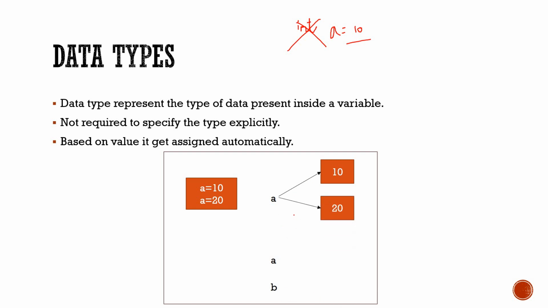Instead of creating a new value or changing the value at this place, it starts pointing towards the value 20. It creates its reference towards the value 20, which I told you earlier: in Python, variables are not containers. They are references made towards the address of the particular value.